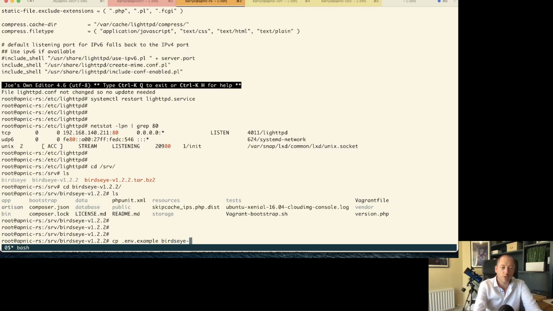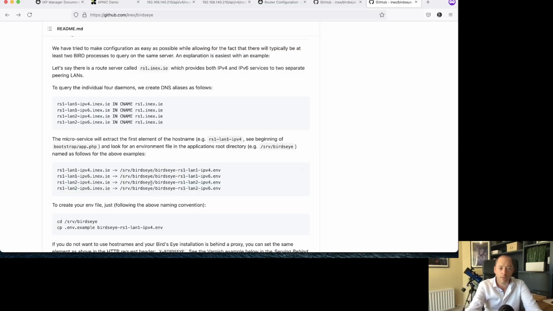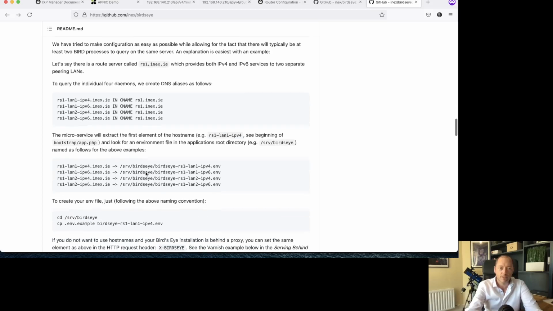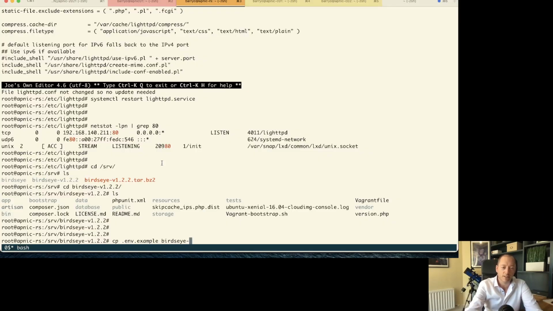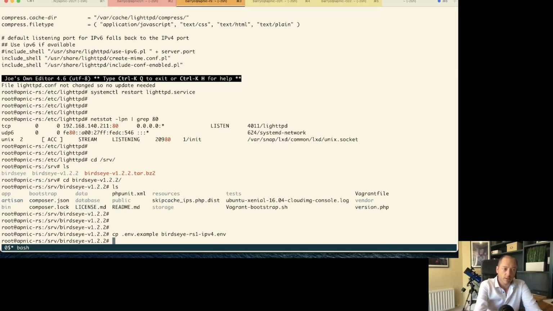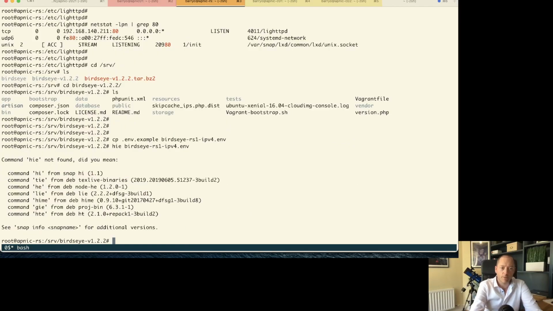first bit done. So the naming scheme here is straight out of the documentation, right? Straight out of documentation. So if you just read this, it explains the naming scheme. So my one is rs1-IPv4.env. Then I want to edit that. The main thing I need